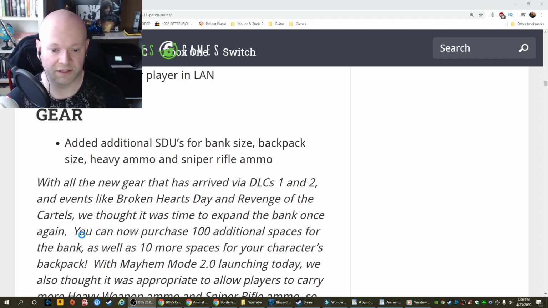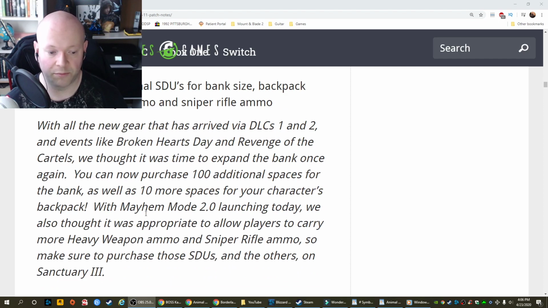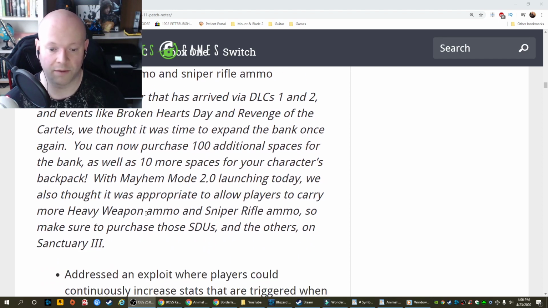With all the new gear that's arrived via DLCs 1, 2, and events like Broken Hearts Day and Revenge of the Cartels, we thought it was time to expand the bank once again. You can now purchase 100 additional spaces for the bank, as well as 10 more spaces for your character's backpack. With Mayhem Mode 2.0 launching today, we also thought it was appropriate to allow players to carry more heavy weapon ammo and sniper rifle ammo, so make sure to purchase those